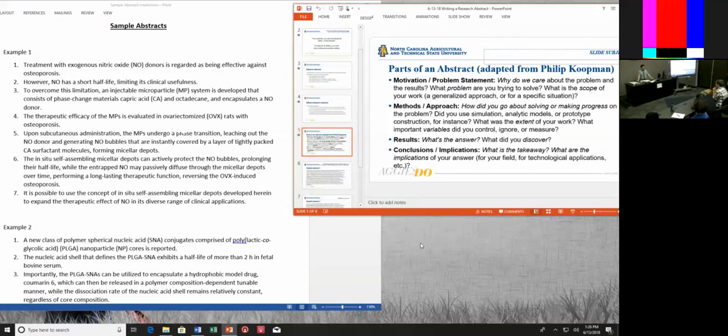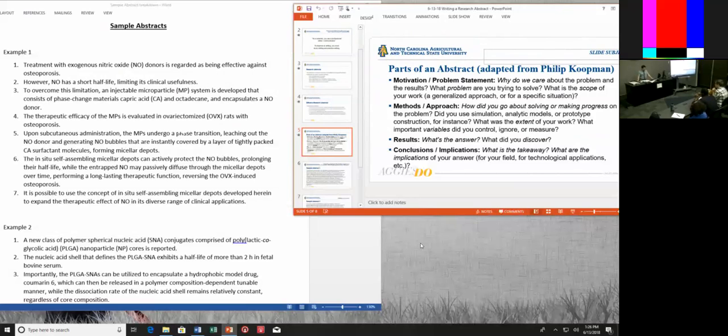We can make a difference in some kind of health outcome or have an impact in people's health. That's immediately motivating. And I think you're right. That's why I put these together, motivation, problem statement. They kind of blur together. It's a little bit of both. Because obviously, if you're talking about the motivation, you're going to be explaining what is the problem.